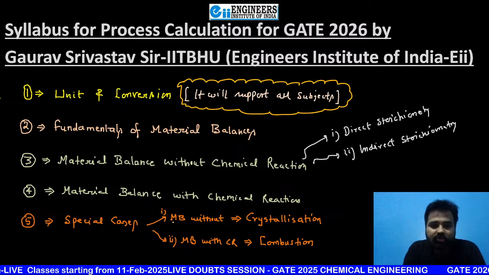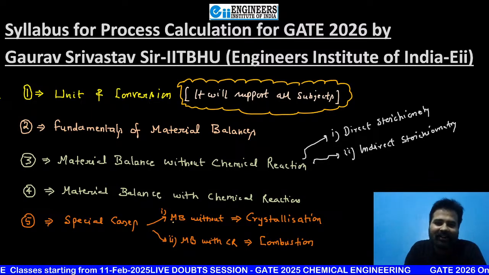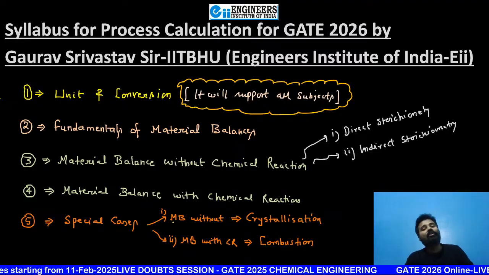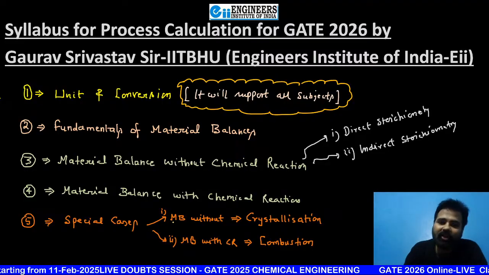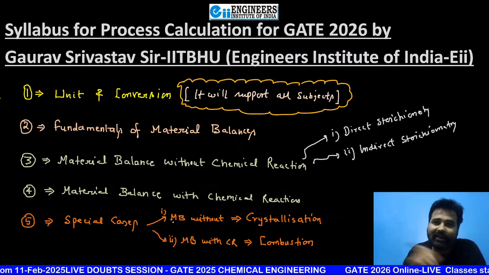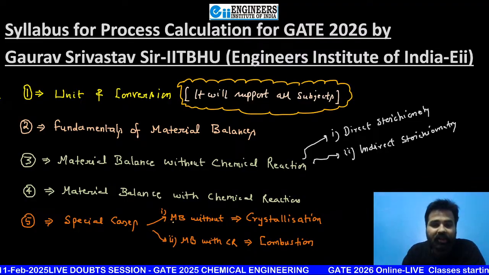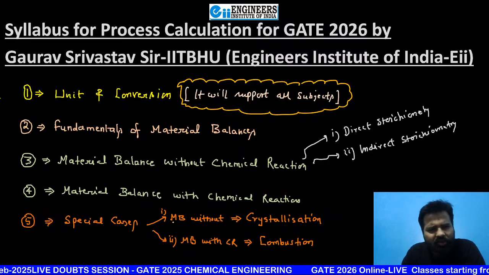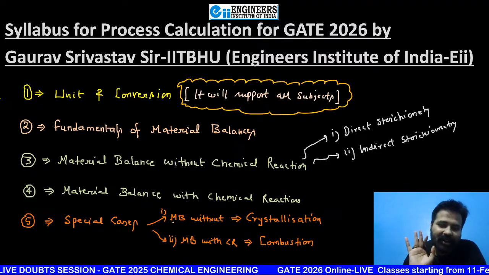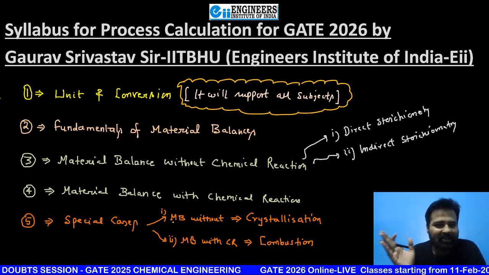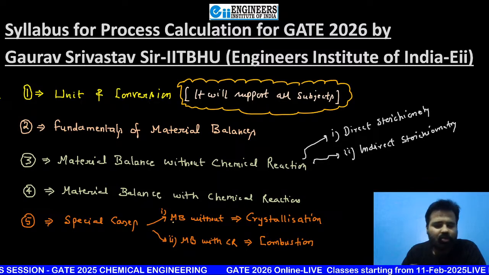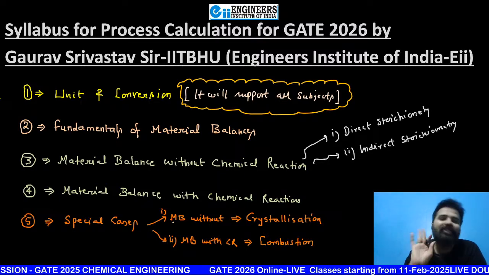After this amount of practice, definitely you need not see any separate numerical, because if you are seeing them from any book, these numericals may not be directly in terms of GATE type questions. In books, there are not directly GATE type questions. So no need to worry about books. Just focus on lectures and your notes, beta. If you want to see books, you can purchase any standard book from the market. And it's my guarantee that in my whole journey, you need not open a single page of that book.